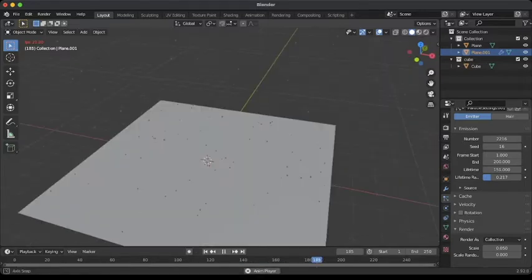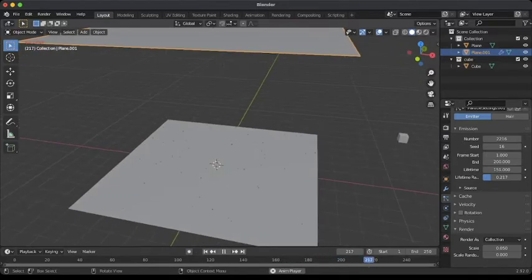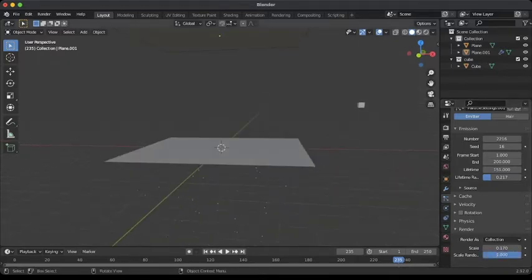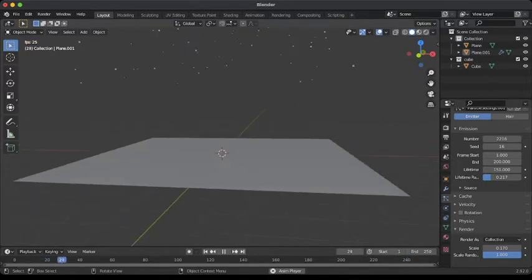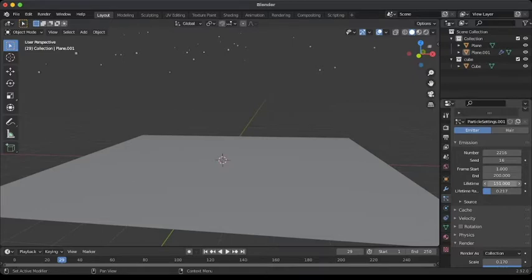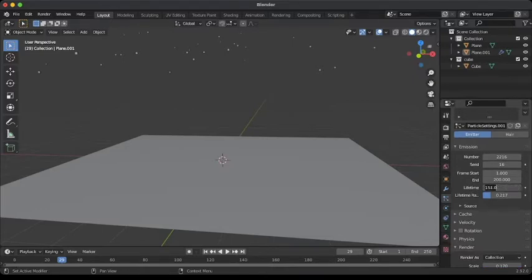There are more of them, right? But they're a bit tiny. They're really tiny. So we can just increase the scale and the scale randomness. I'm gonna bump it up all the way to 1. Right? And the lifetime, oh yeah, right, the lifetime, now you can make that as long as your timeline is,